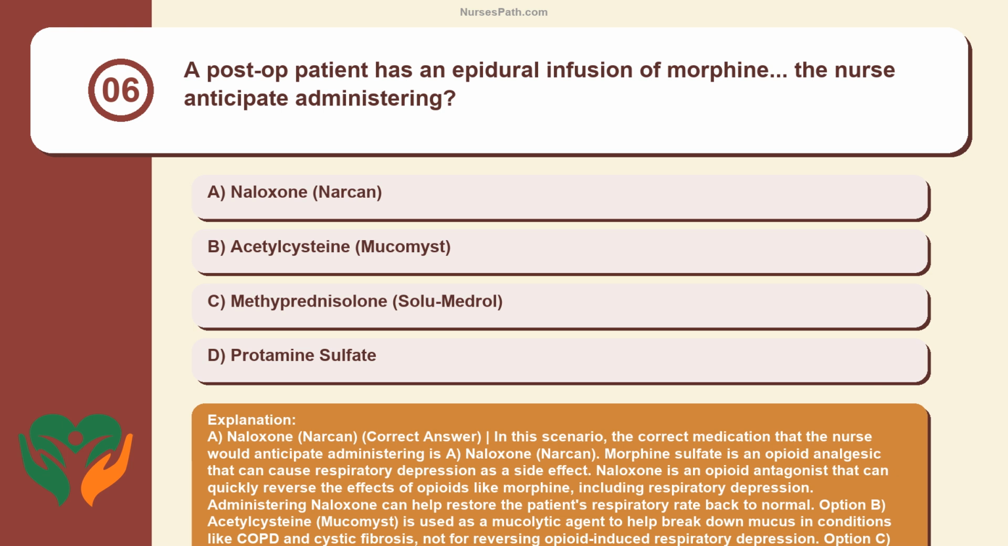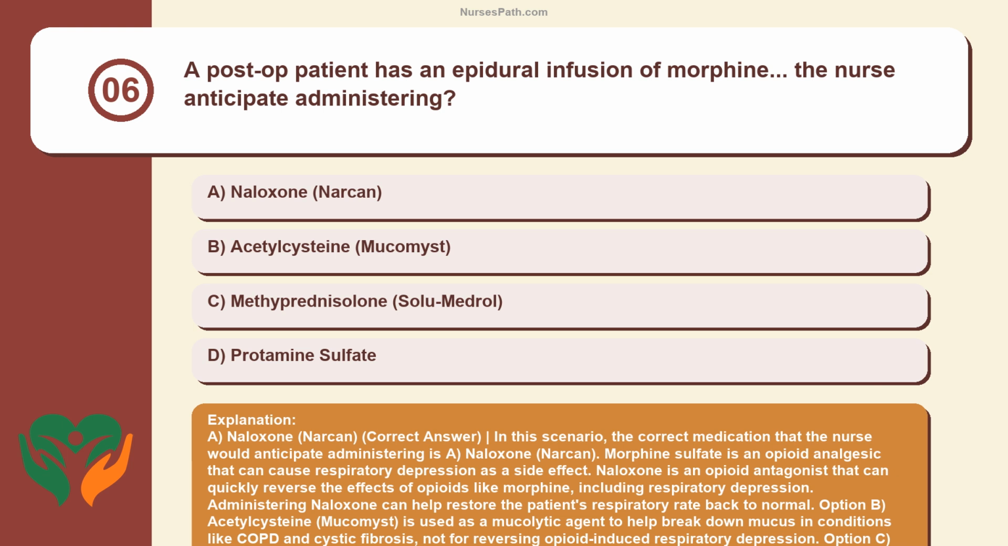Option B, acetylcysteine, Mucomyst, is used as a mucolytic agent to help break down mucus in conditions like COPD and cystic fibrosis, not for reversing opioid-induced respiratory depression. Option C, methylprednisolone, Solu-Medrol, is a corticosteroid used for its anti-inflammatory properties and would not be the appropriate intervention for opioid-induced respiratory depression. Option D, protamine sulfate, is used to reverse the effects of heparin, an anticoagulant, and is not